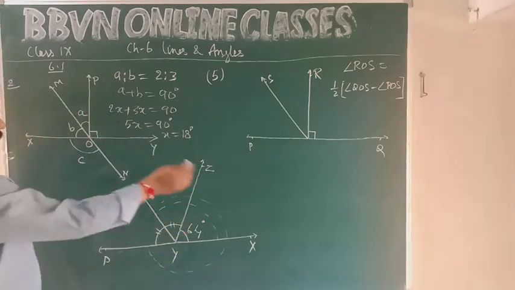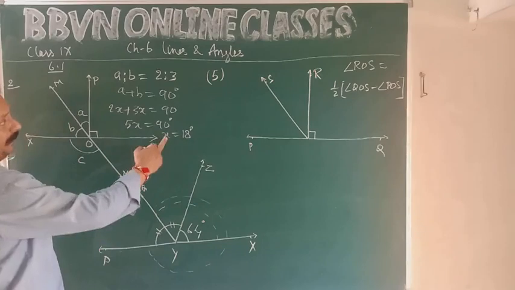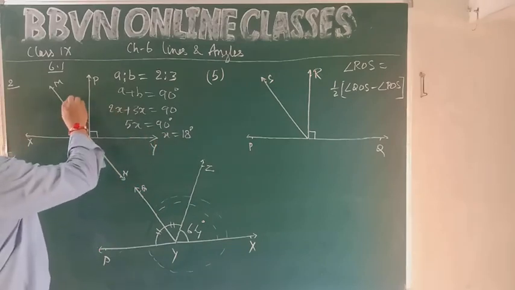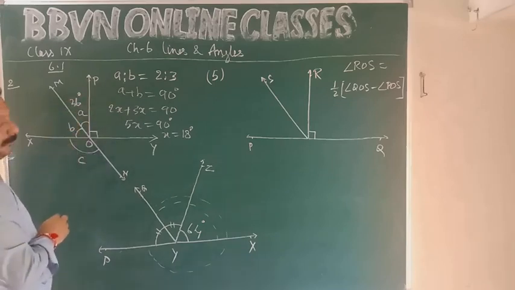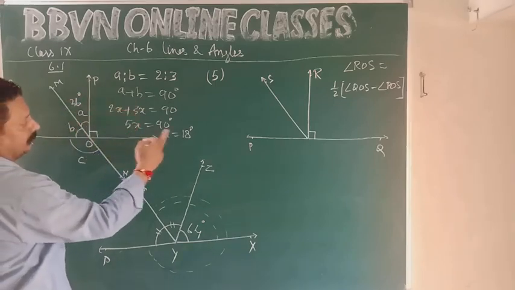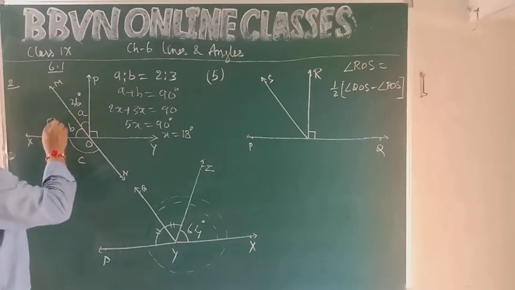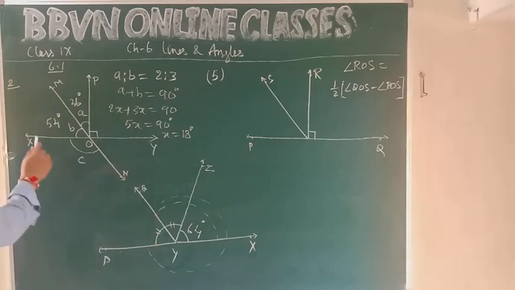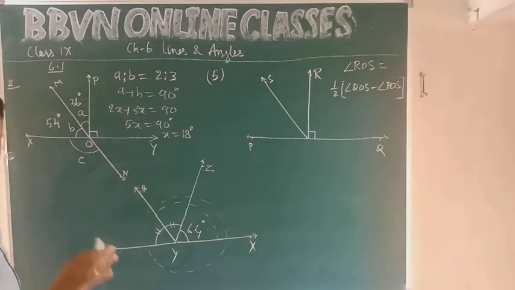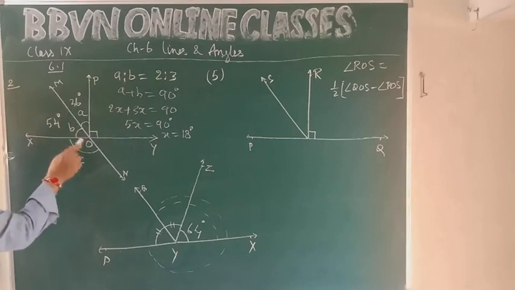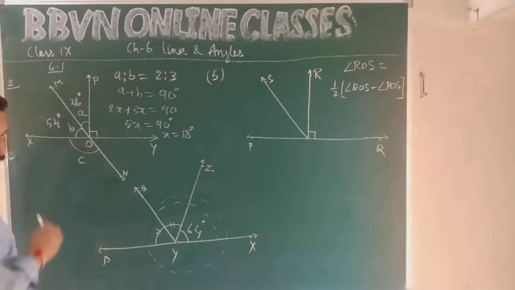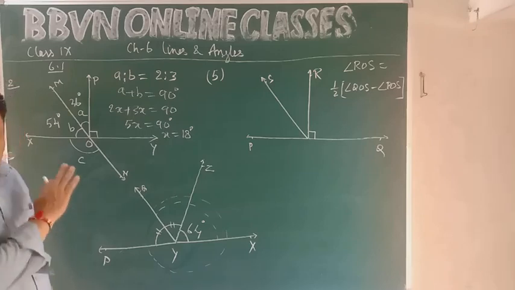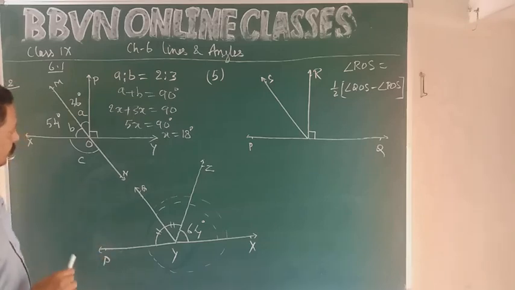Okay. Now according to this, if x is equal to 18, then what is the measure of angle A? A is 2x. 2 into 18, 36 degrees. What is B? B is 3x, 18 into 3. So B will be 54 degrees, right? We need angle C. What do we see? MN is a straight line. So MOX and XON form a linear pair. They are adjacent angles and they are making a straight angle, 180 degrees. So they form a linear pair.